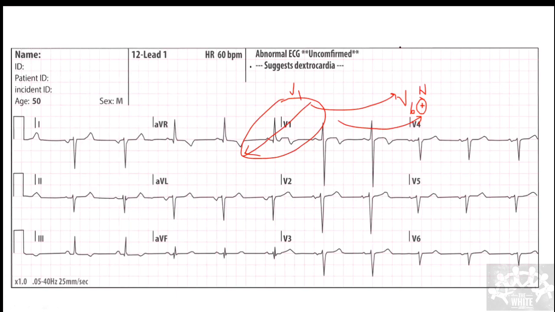How to find out if AVR is positive? I told you, all leads will be negative in AVR. Reason being, if this is AVR, this is going to be the direction of the P wave, and this is going to be the direction of QRS. So the P wave is going to be negative, QRS is going to be negative, T wave plus or minus. So it should always be negative. If the P wave is positive, that means there is something wrong. That is the first thing to see.